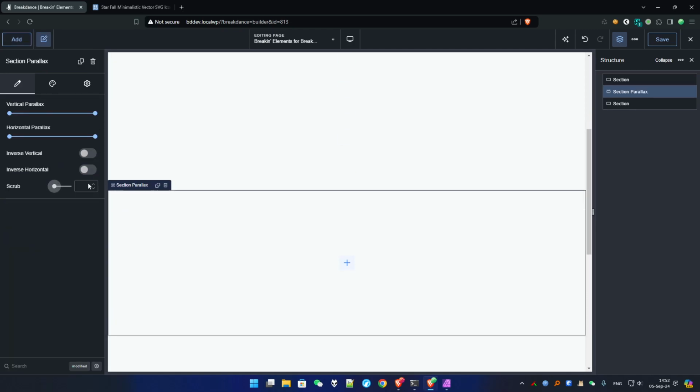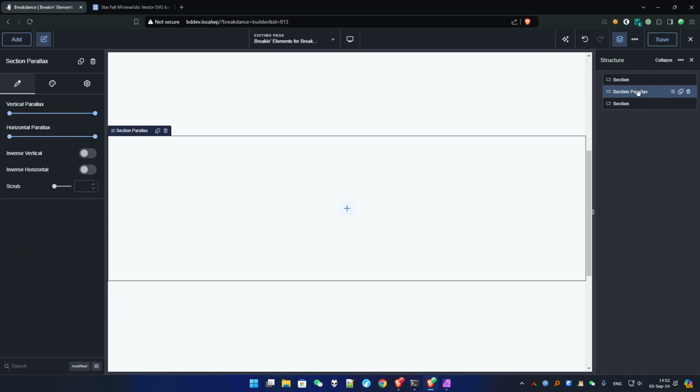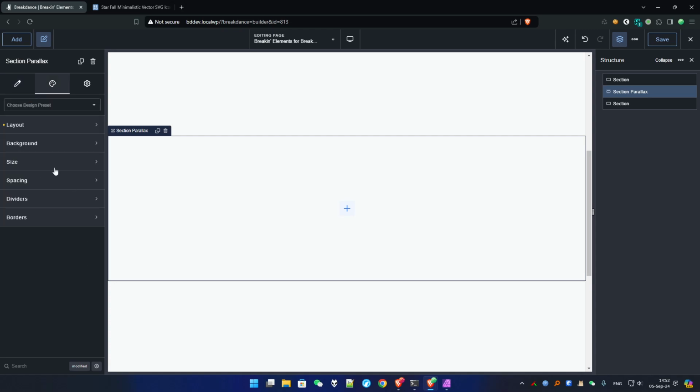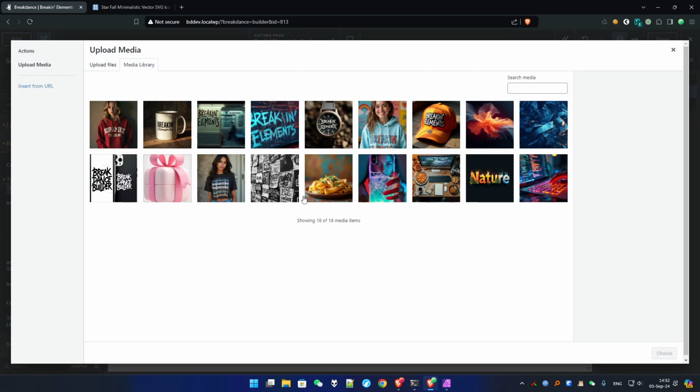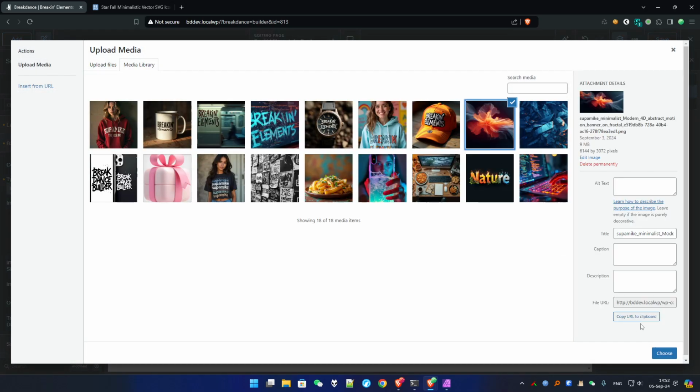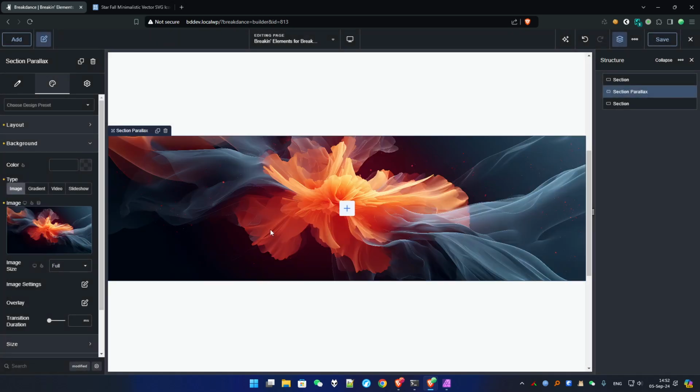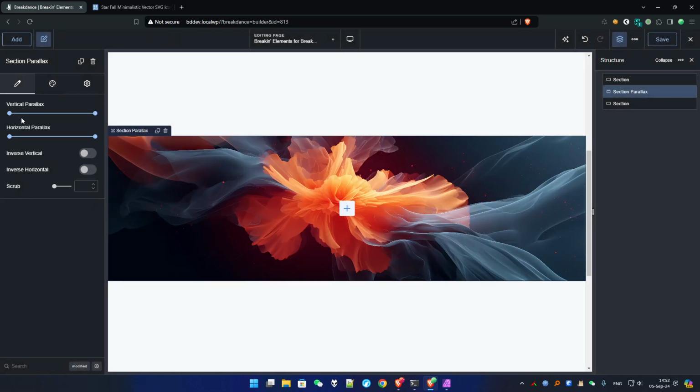Okay, let's start with the first one. Section parallax, which is a very basic parallax effect on a section element. So the section works like the other section. It's exactly the same element. I have just added a couple of options here. So how it works, we just need to pick a background image. Let's choose that one here and go to the option, then activate the slider,